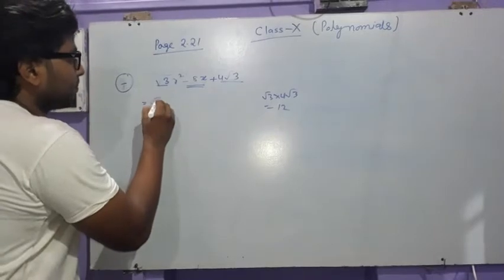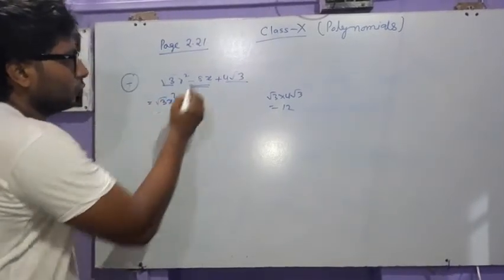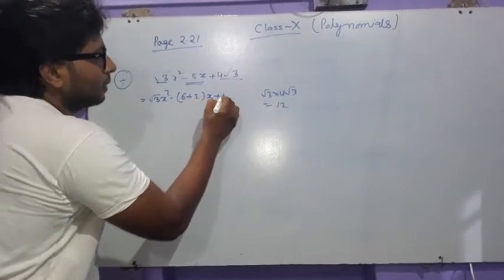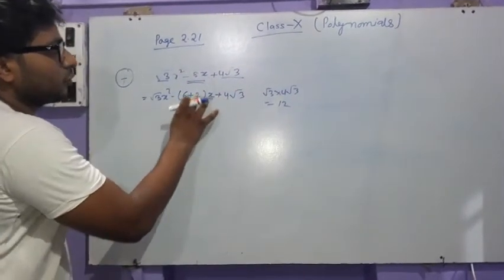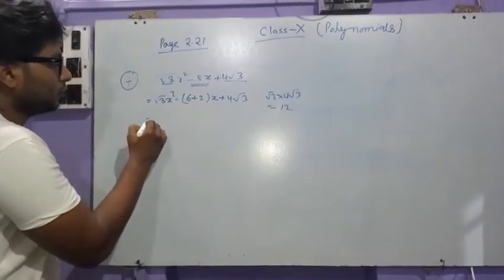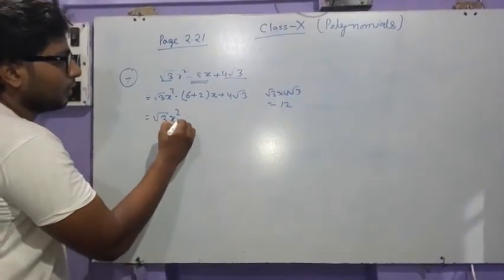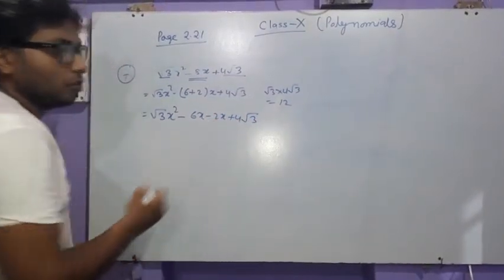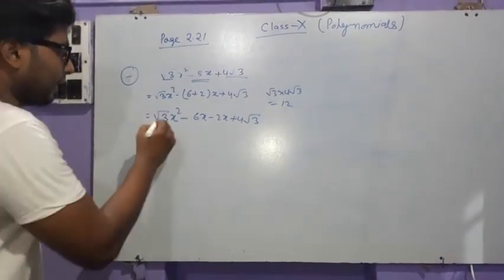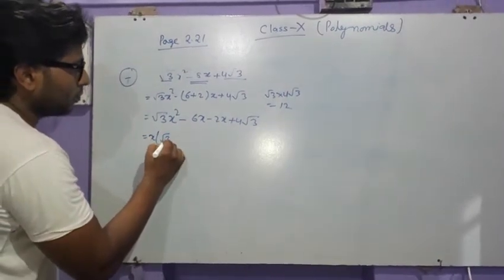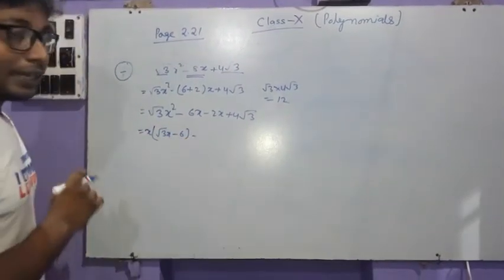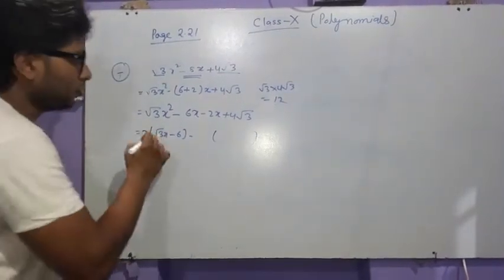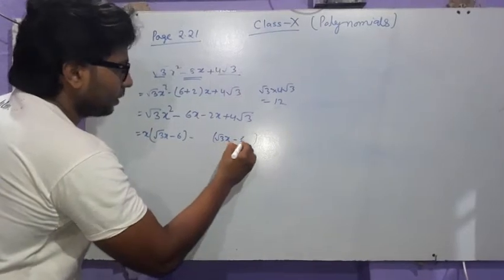So the numbers are: root 3x square, we can write 8 as 6 plus 2, x plus 4 root 3. Okay, so 6 plus 2 is 8 and 6 into 2 is 12. So root 3x square minus 6x minus 2x plus 4 root 3. Okay students, now here we can take x common, so root 3x minus 6, and again here is the common term, both should be same, so you can write here root 3x minus 6,